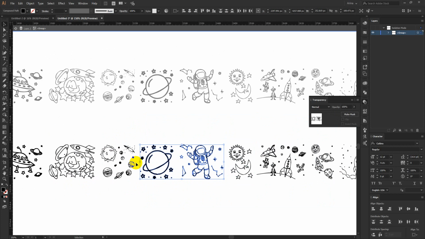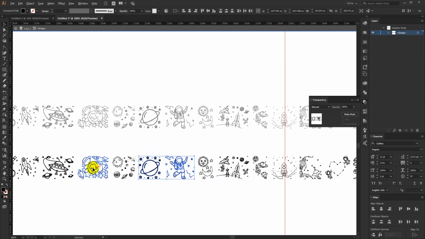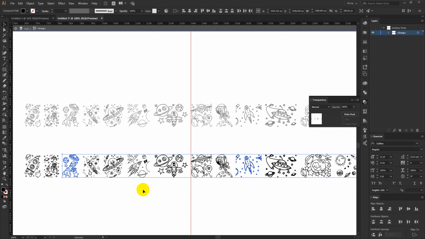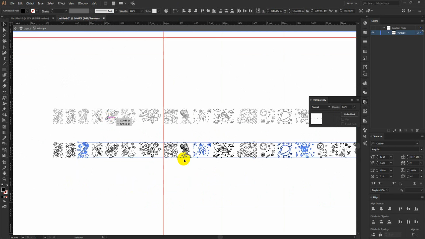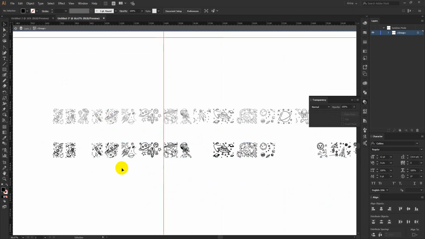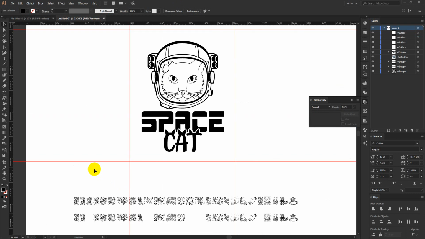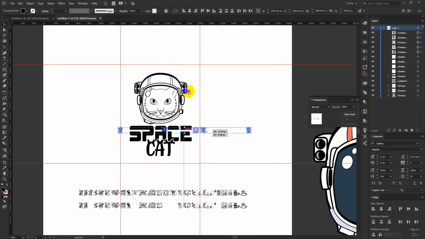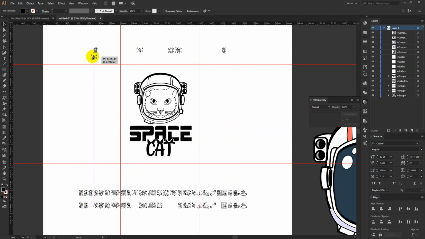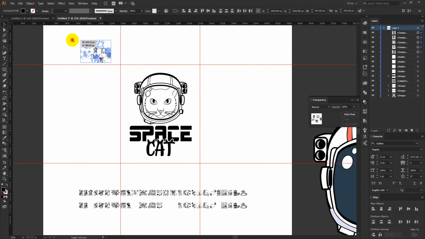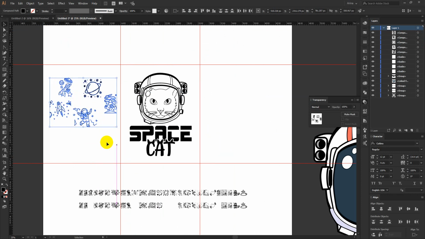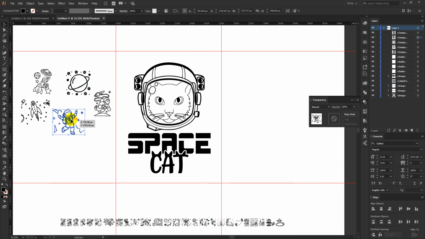Okay, maybe some more elements. Okay, so these are the elements I am going to use here. So I selected some of them. Now cut, and once they are in my clipboard, I am pasting them here like this. Now I have to arrange them so that I can use them in my design. Okay, this is very small in size, but of course they are in vector format, so size is not a problem here. You can see this one here, I am going to use this one maybe in this area, but